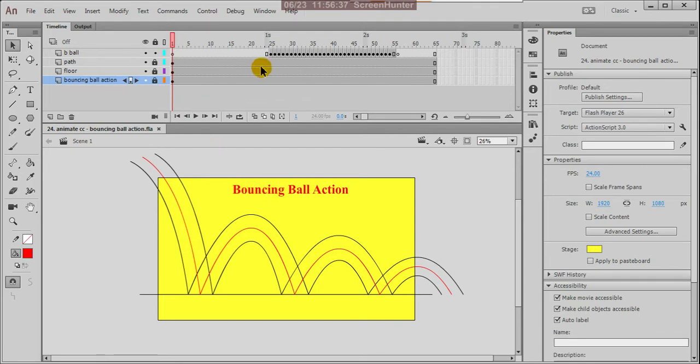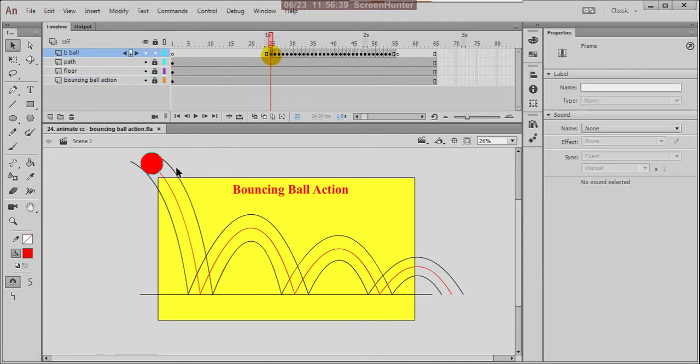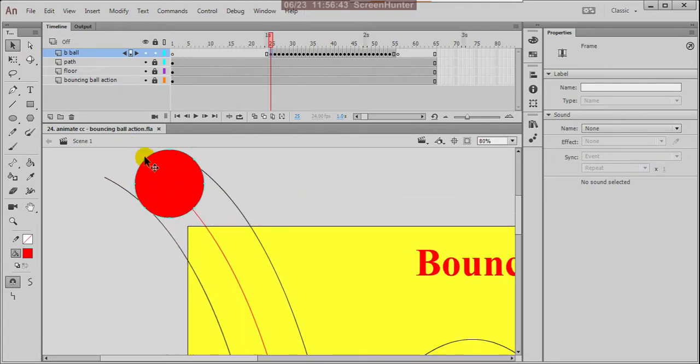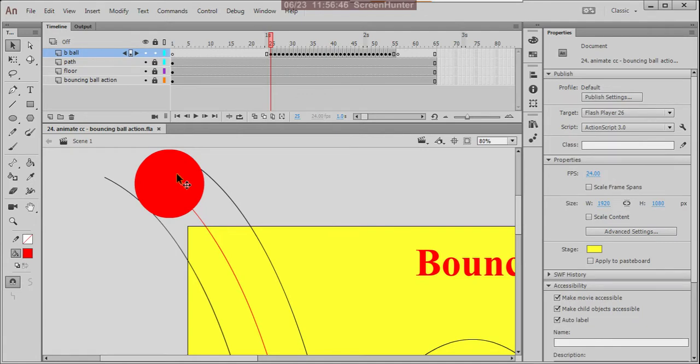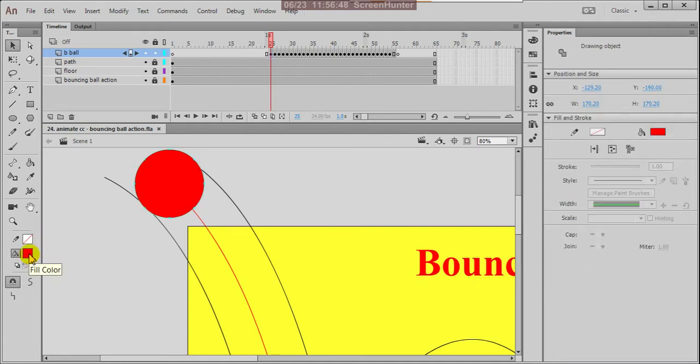First what we do, give the color, the shade color here I'm giving.